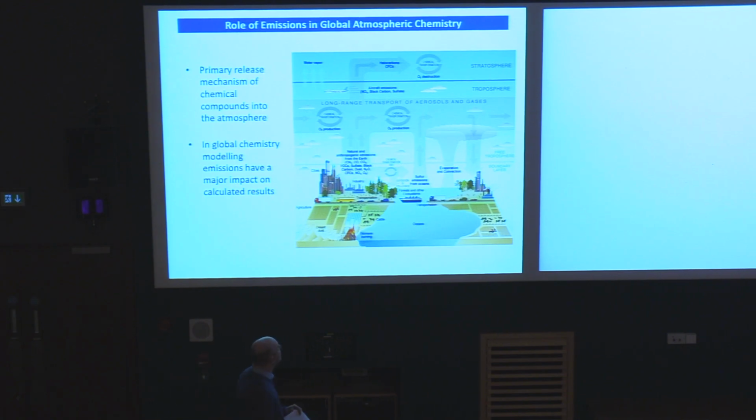Without emissions, most reactive species would get oxidized, hydrocarbons would be turned eventually into carbon dioxide and water, and the atmosphere would cleanse itself. That would make the working lives for us atmospheric chemists much easier, probably, but the reality is that there is a constant stream of chemicals into the atmosphere where they then get chemically changed, transported around, and eventually removed.